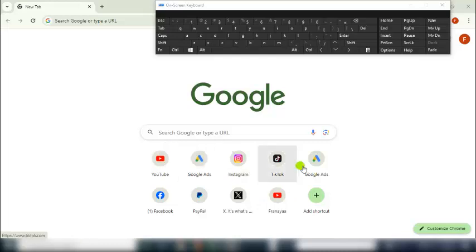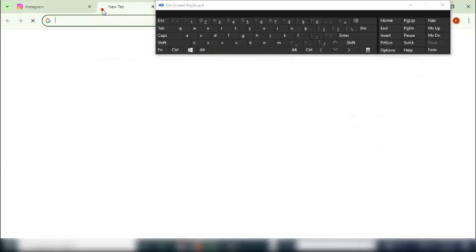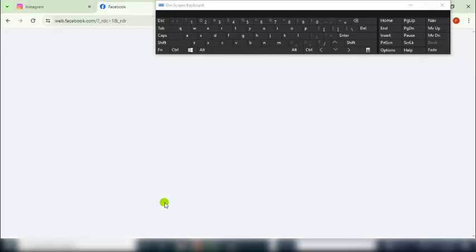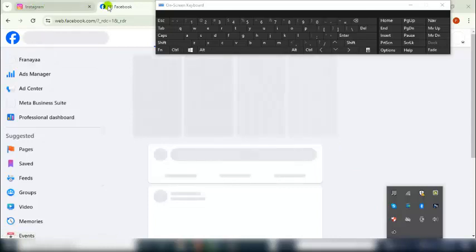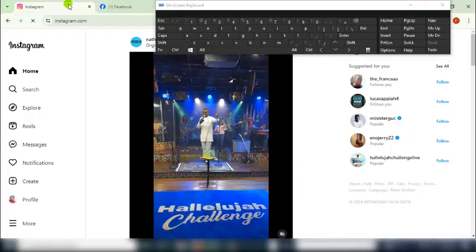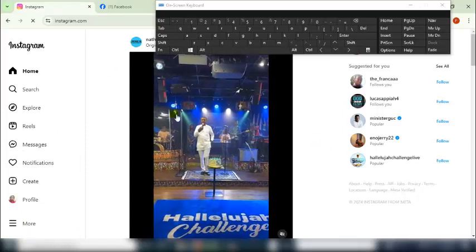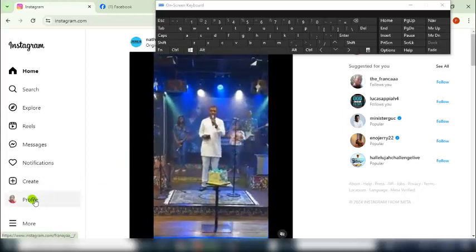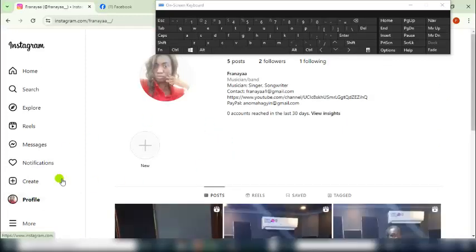So let's say you have an Instagram account or you have a Facebook account, you can just open it and it will be logged in for you. All you have to do is enter your Facebook account and then you run your ads. So let's say you have a post here. A post here means anything like the one that we are seeing, this is somebody's post. So let's say this is somebody's account, a client account, assuming, but if this is your new account,